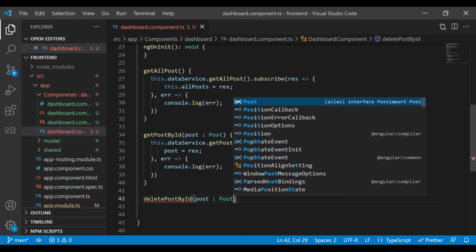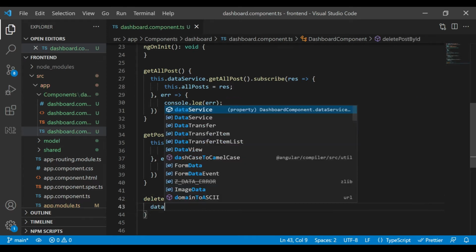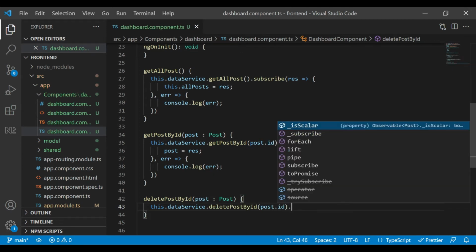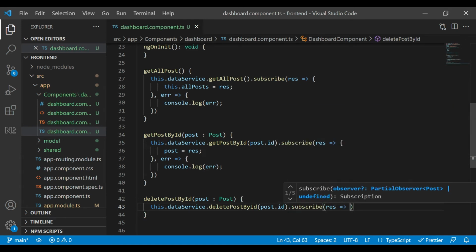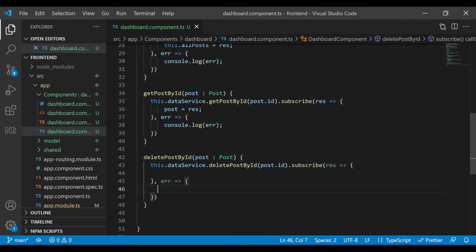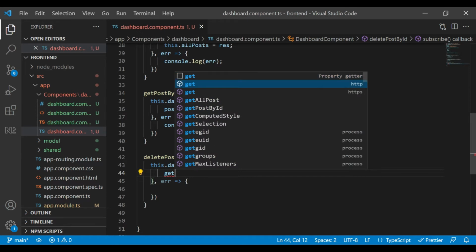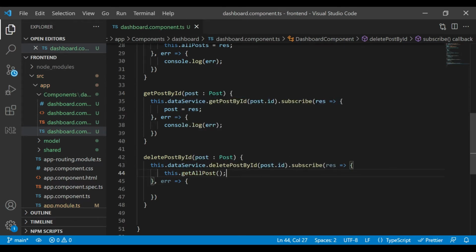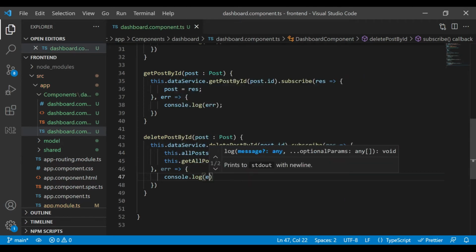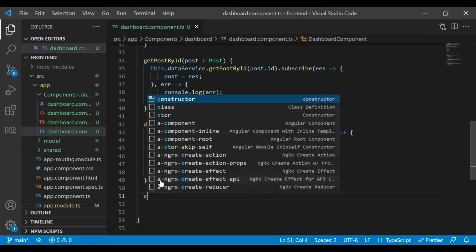now delete post by id. So here we are going to pass the method inside data service dot delete post by id, and we are going to pass parameter as post.id, and on that method we are going to subscribe it and check for the result and the error. So again same, if we are getting the error, then we are going to print the message, and if we successfully deleted the required post, then we are going to assign all post to null, and then we are going to call the get all post method. So it will fetch again all the posts. Okay,